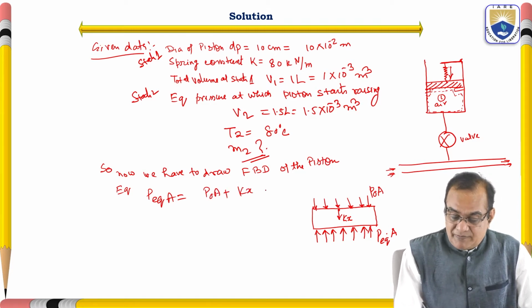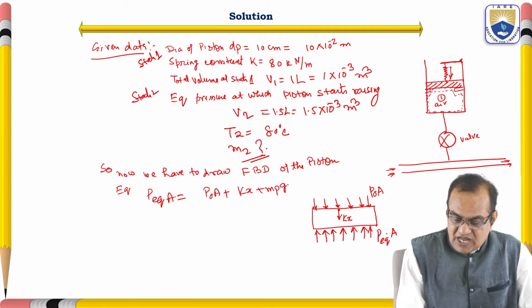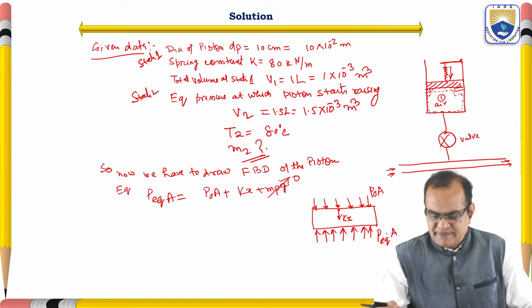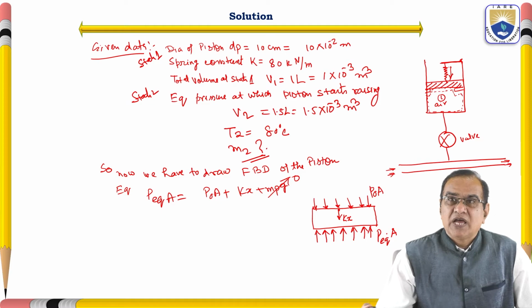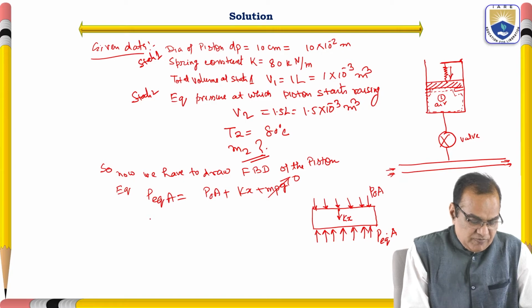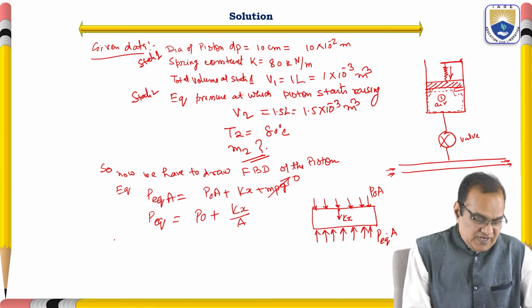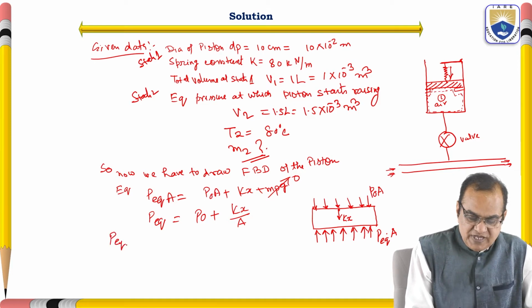If we consider the mass of the piston, mpg, you can also keep it. But here I am neglecting it because this mass will be cancelled out, as you can see later on. So now P equilibrium is equal to P naught plus Kx divided by A. Now if we take the difference, P equilibrium 2 minus P equilibrium 1